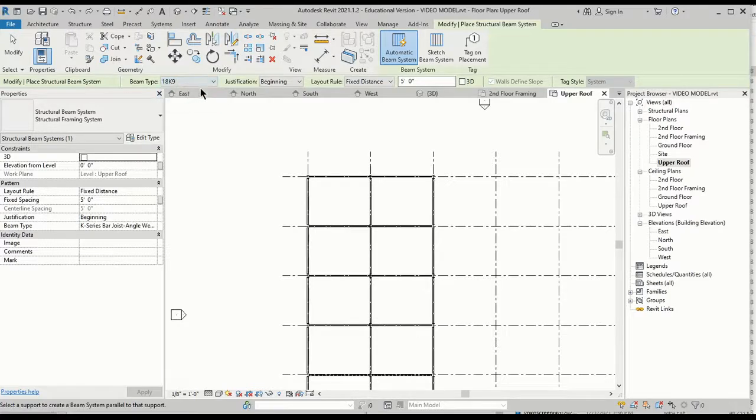It should say 18K9. Our justification will be beginning, not center. And this just makes the math work out a little better. And then we're going to put it at every 5 feet. One of the things we need to change right here is elevation from level. Right now it's 0, and the